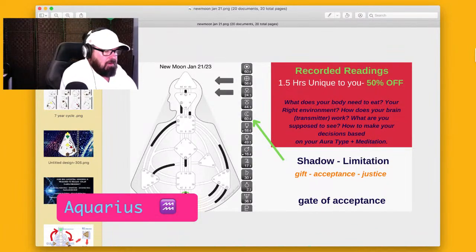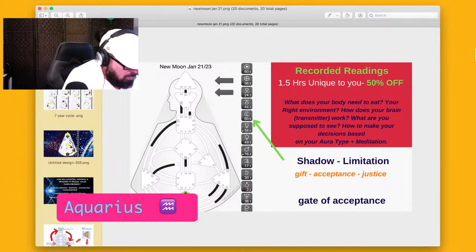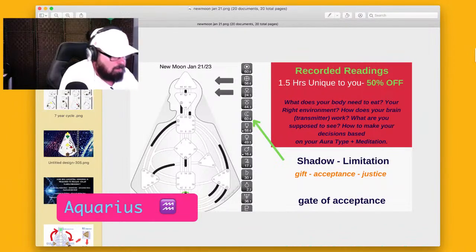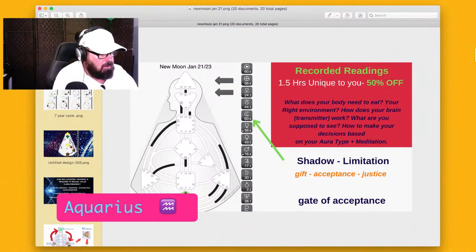Okay. Let's see the ego. That one. Oh. I just want to do another one for Aquarius. Another one for Aquarius, please. Okay.